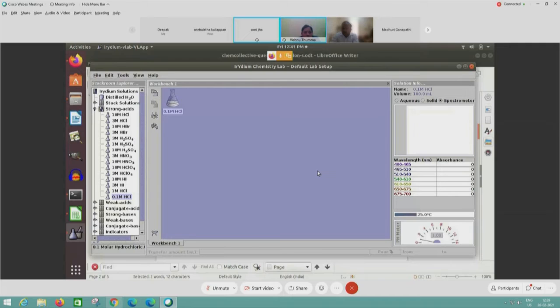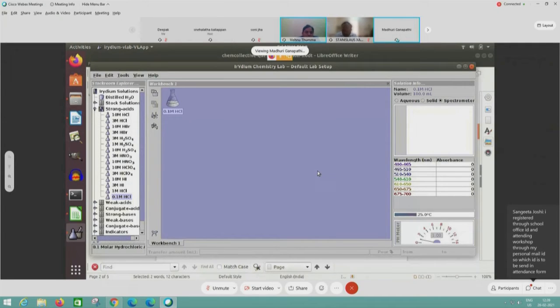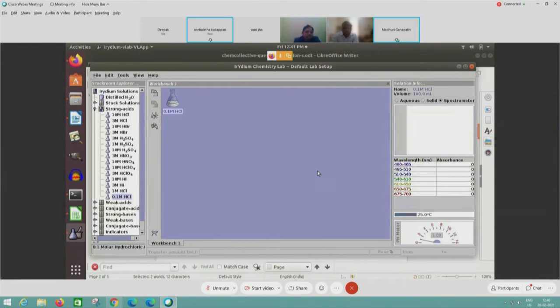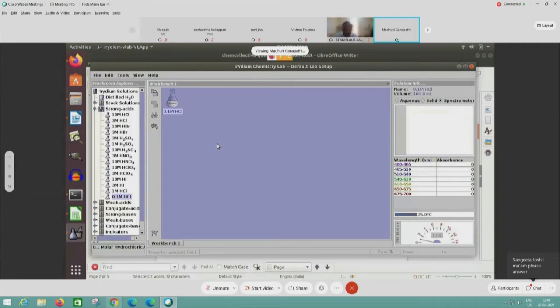Here we find 10 molar H, 3 molar HCl, and so on. Instead of molarities, can we make normalities here? Normality is not available, sir. You calculate the normality of that solution. We cannot do the normality here because it is already fixed. The values given here are molarity only, because it's software.